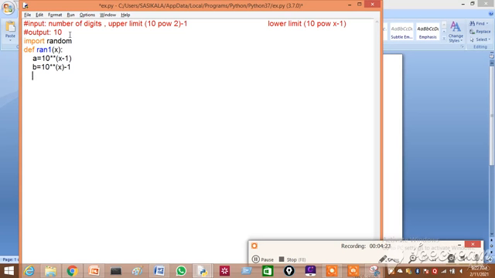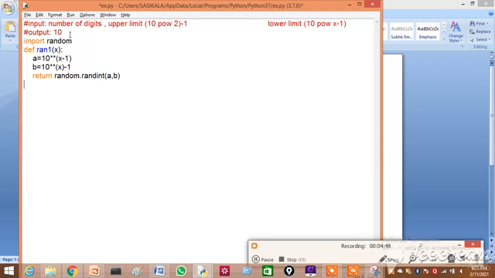Then what does it have to return? It has to return the random number. We have calculated the upper limit and lower limit; from this it has to generate a random number: random.randint of a comma b, upper limit comma lower limit. So this function is going to generate a random number within the range.